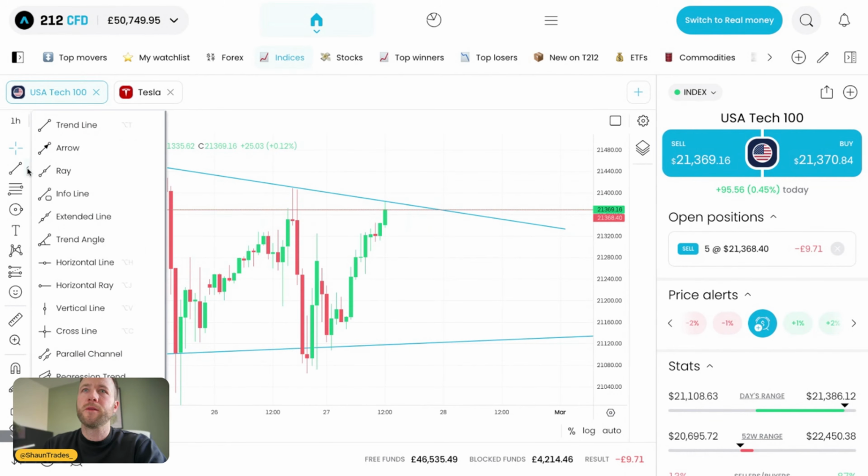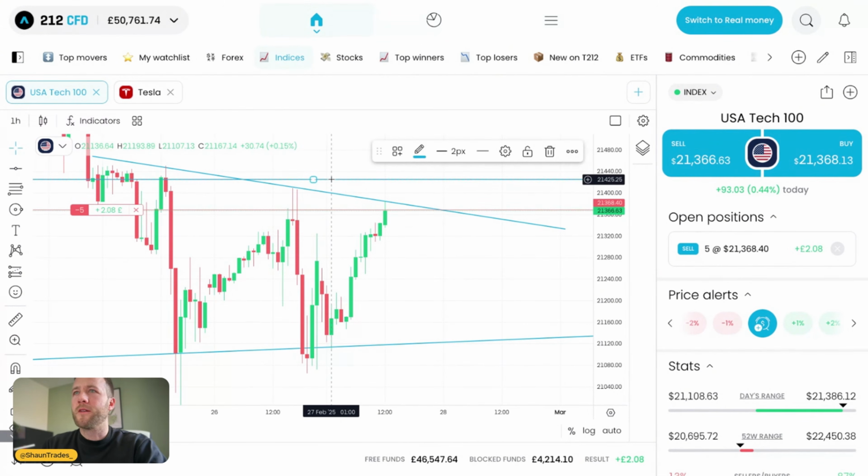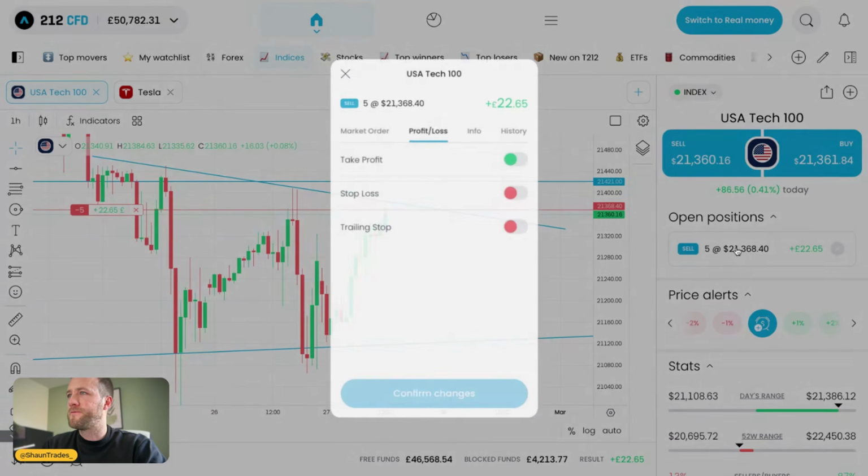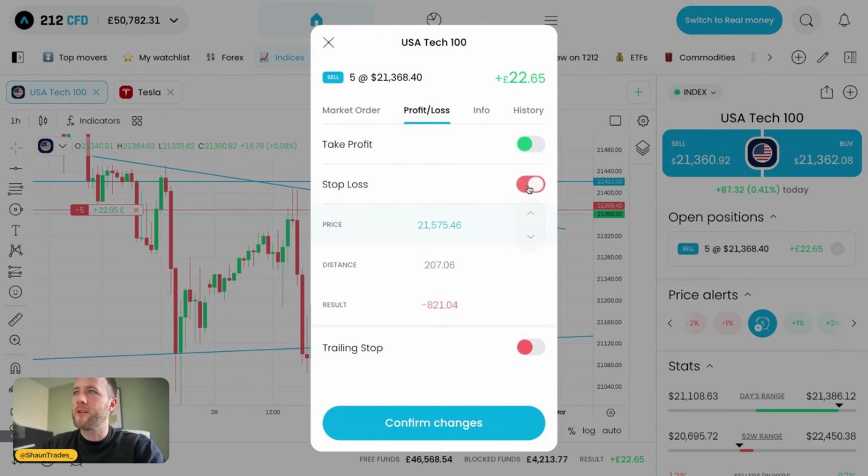So what we can do is get the horizontal line and place it on the chart thereabouts, so it's above this high, and of course it is also above the trend line as well. Then we can see on the right side it is 21421, and then what we do is we just tap on the position here and we click on stop loss, and then we just type that in, so